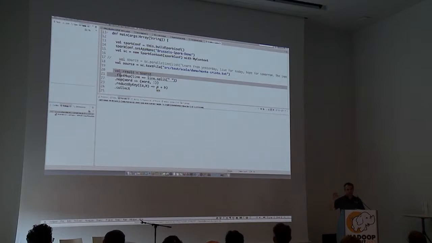But going back to the compiler optimizer, what that component is going to do is translate this code and see, okay, I have it reduced by key. So it's going to create the first stage, which consists of a flat map and map, and will end with a shuffle writer. We'll talk about that in a minute as well, right?